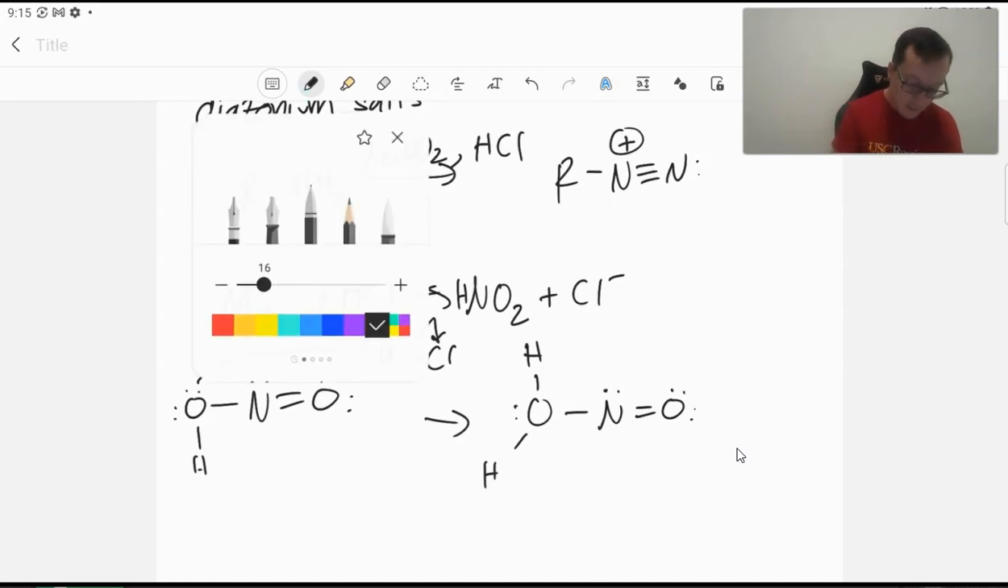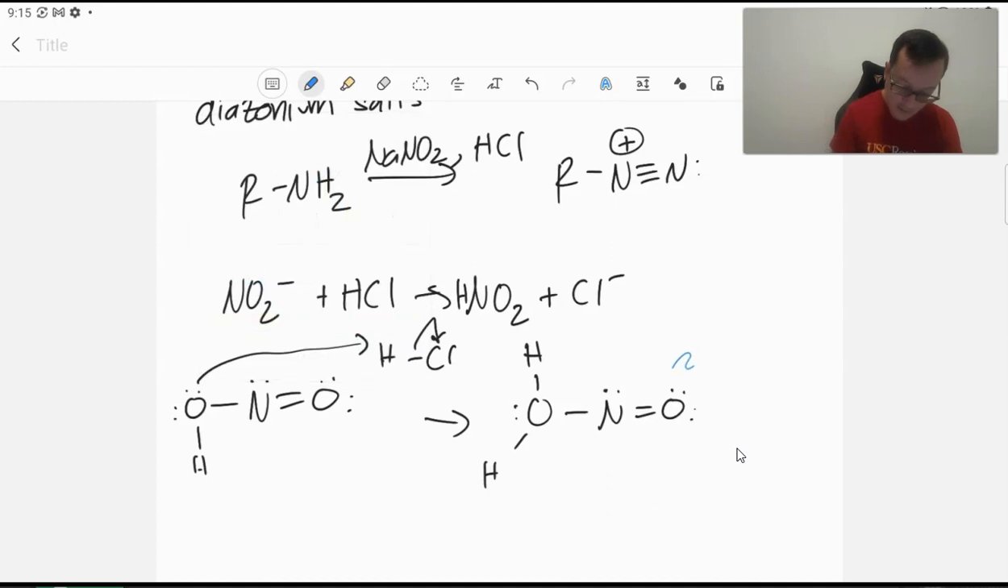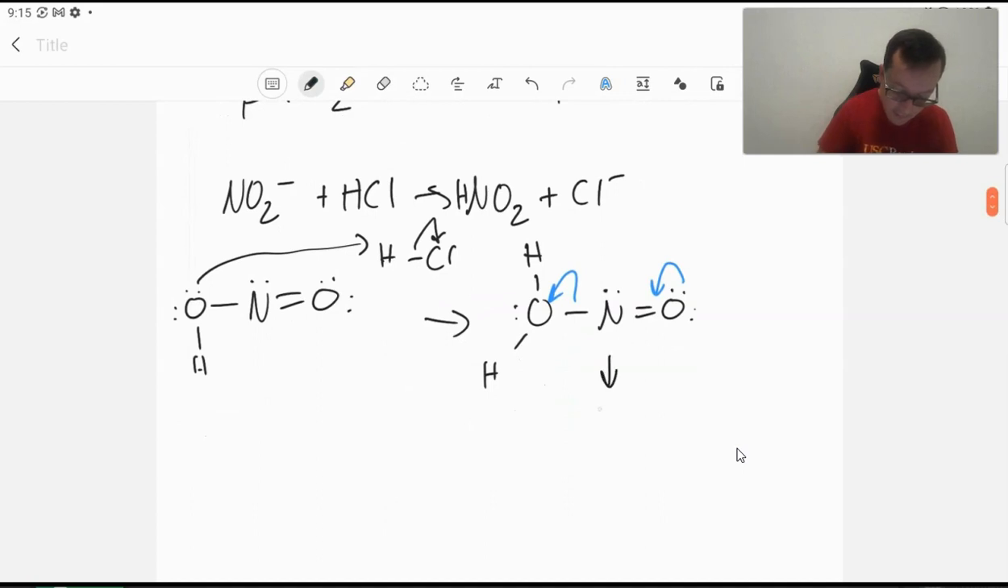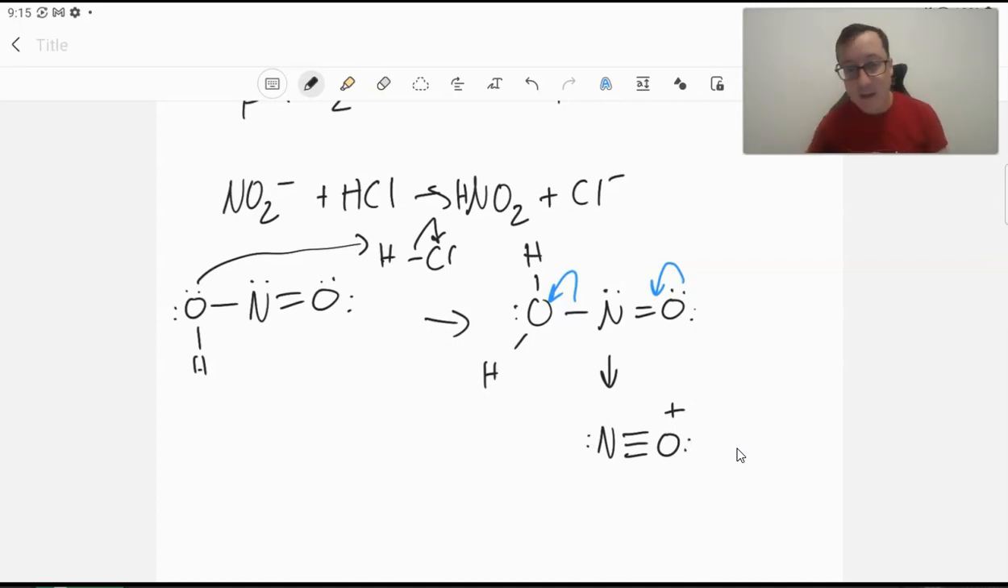And like before, we're going to have the same idea happening here. We're going to end up kicking this guy out, and we're going to end up getting rid of our water. And we end up making a species just like the nitronium ion from before. This is the nitrosonium ion. And that's going to be our reactive species here. So it's kind of just like before when we looked at